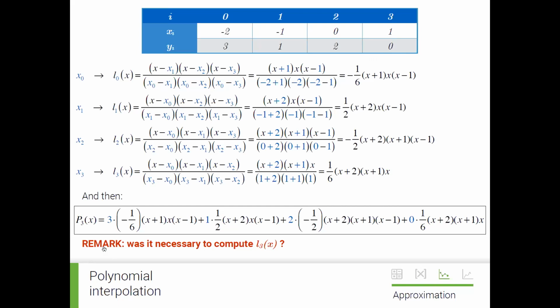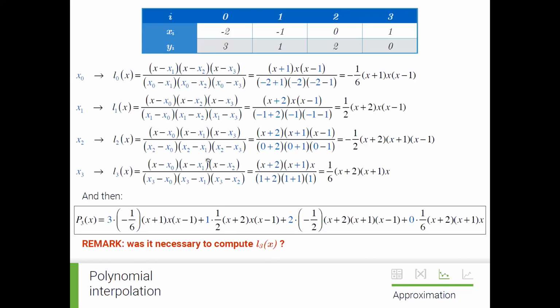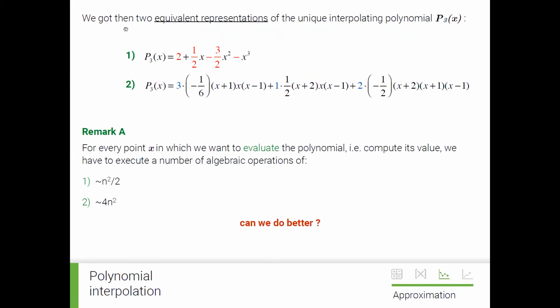So here it is written, remark: was it necessary to compute L3x? No, it's not necessary because here you can see the Y3 node is 0. That's why it is not necessary for us to compute it. When we multiply, it will be 0 again. So now we got